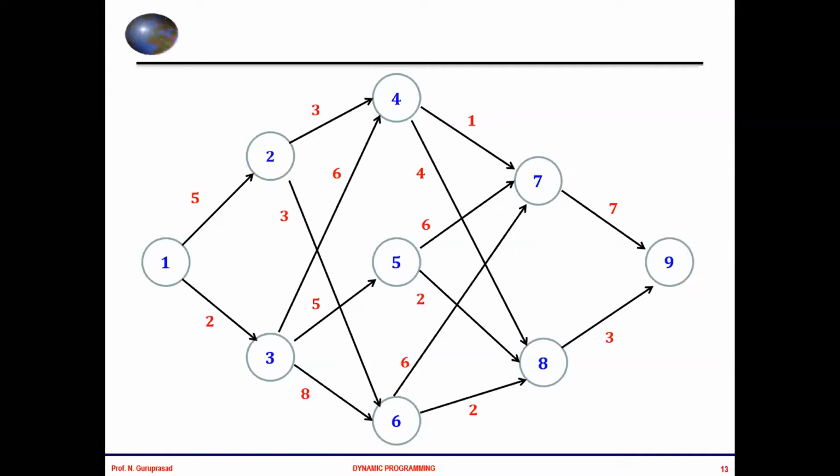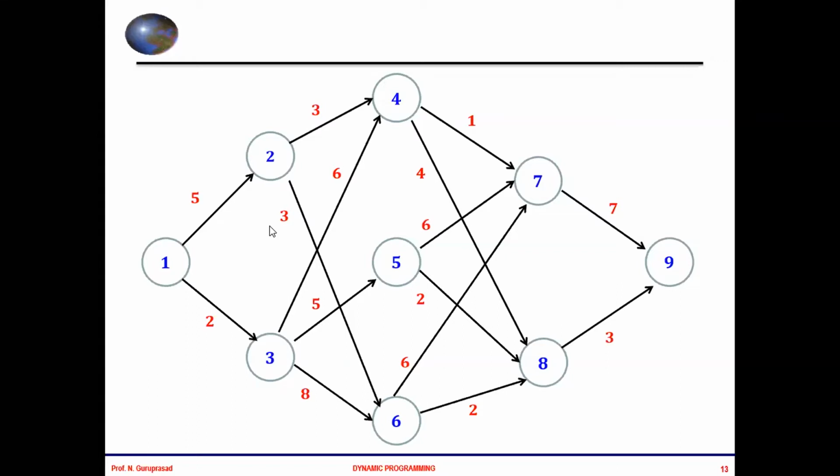It is a 9 vertex graph. Let us try to solve this particular problem in terms of finding the path using forward approach, right? Now, tell me, before we start with the solution, how many vertices are there in the graph? Total number of vertices in the graph? Okay, correct, right? Now, which is the source vertex and which is the destination vertex? We go with the source as 1 and destination as 9, because that's how the problem statement is given.